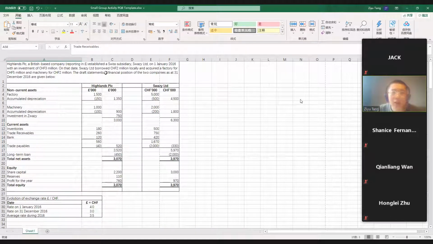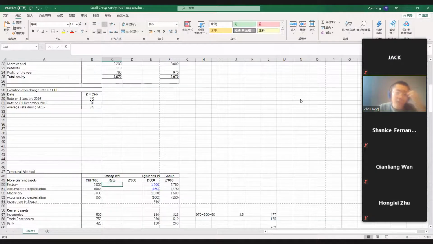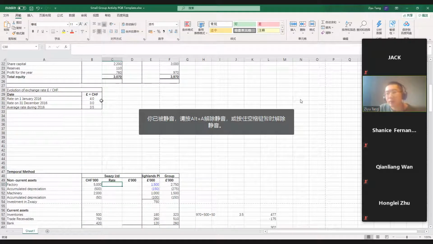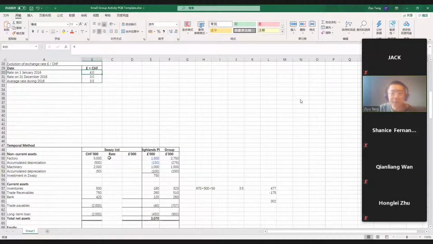Both the factory and the long-term loan: the factory was bought at the acquisition date, which is the 1st January, and the loan was also raised at the acquisition date, the 1st January, right? So comparing with the table of exchange rates given in the question, on the 1st January the exchange rate is 4,